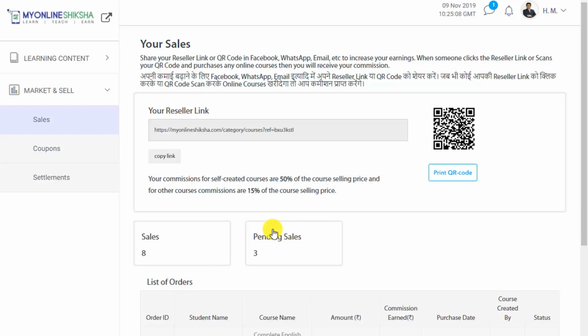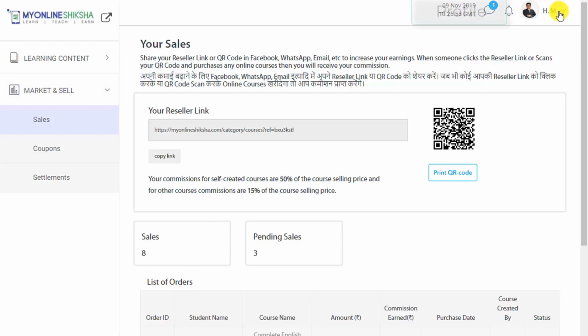This is your dashboard. This small pop-out button will let you see the front side, which will be useful if you are creating your course yourself. Please note, this is your first version of dashboard. We will be adding new features from time to time, and it will auto update in your dashboard.